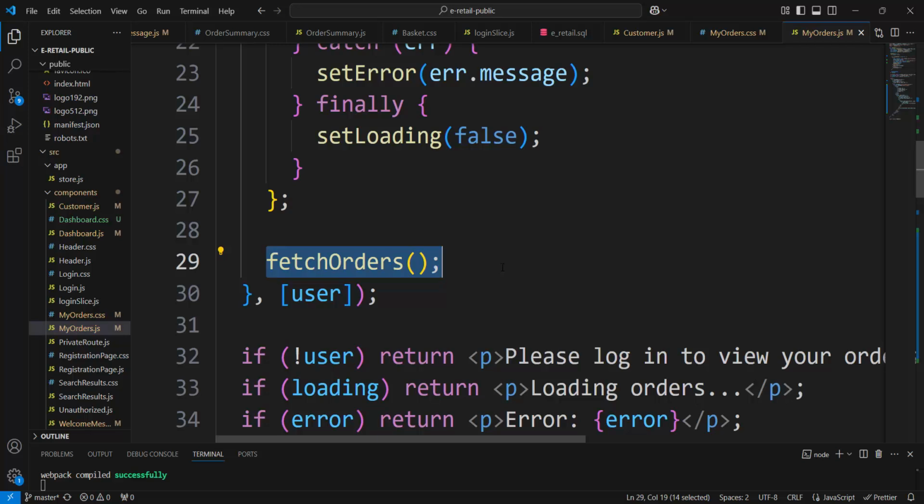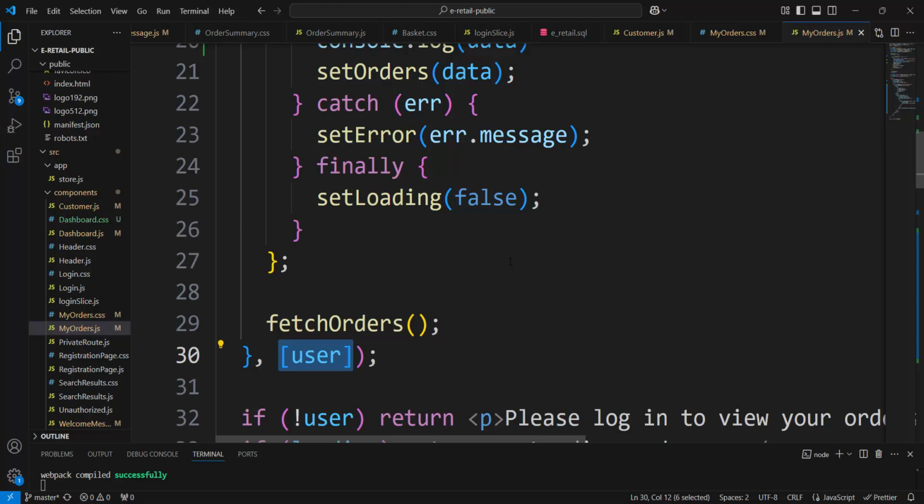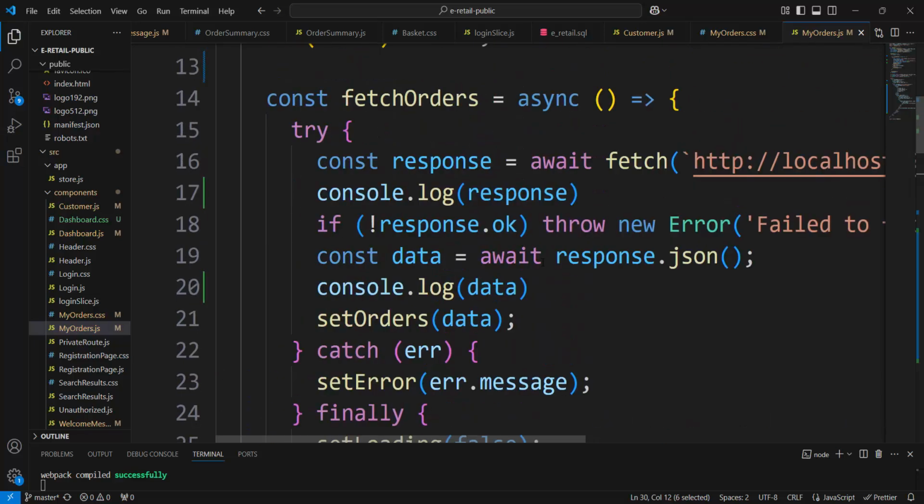we call fetchOrders. It is the syntax for calling a function, fetchOrders. Just after the declaration, we call it, and that function will be called. And useEffect will be called again only if the user changed. It is a finished process. On the second rendering, fetchOrders is declared and instantiated, and fetchOrders is called, and what that function